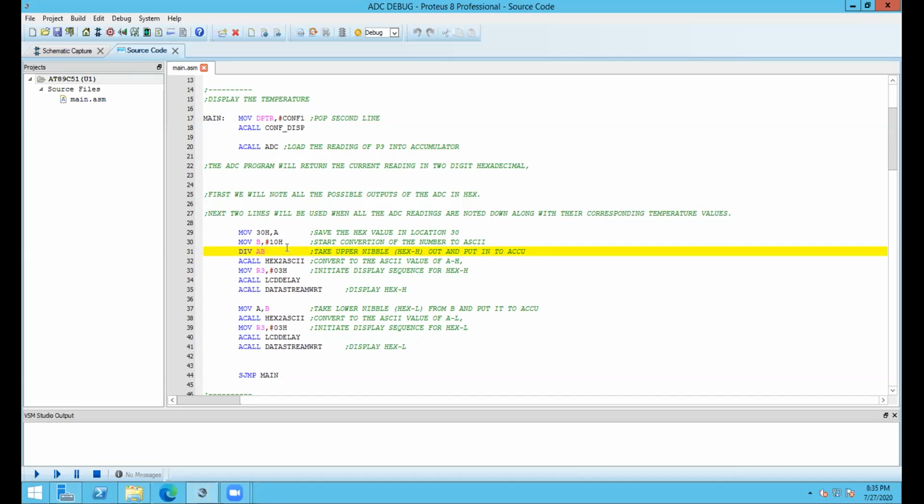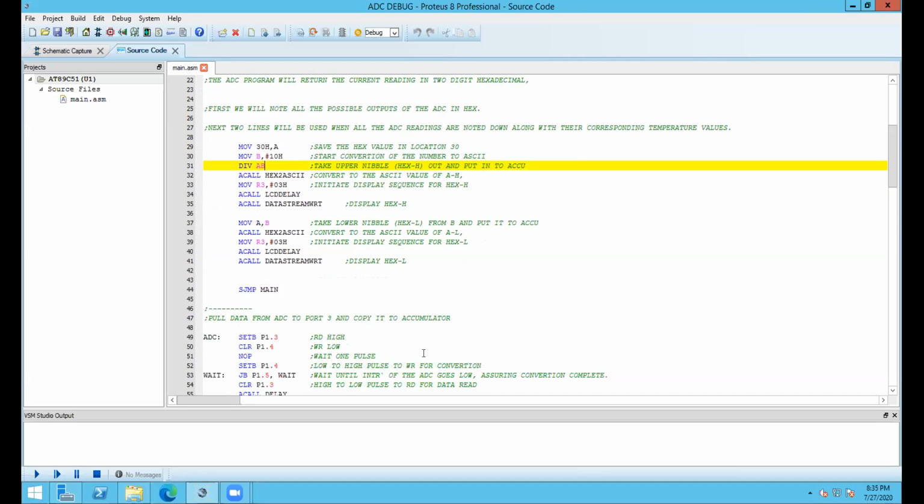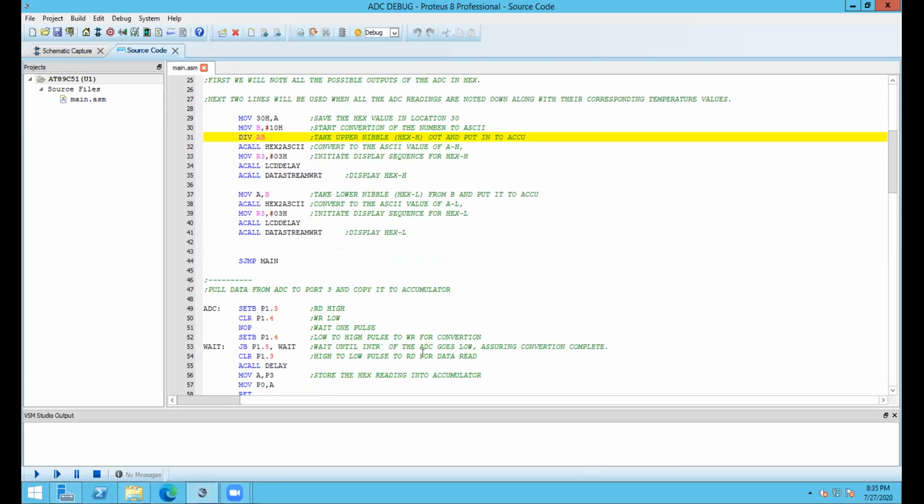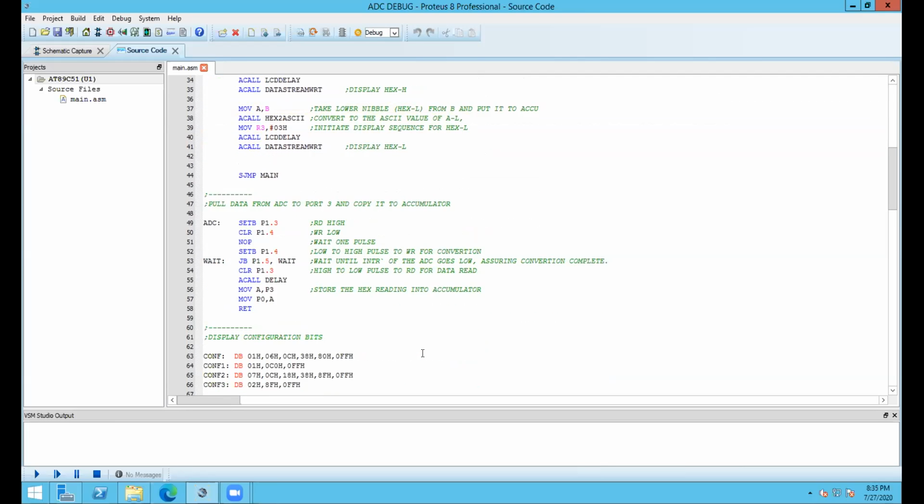C. What is the ASCII value of 1? The ASCII value of 1 is 31, and for the ASCII value of C, if I am not wrong, 41 or 40, sorry, C is 43, I guess. Yeah.